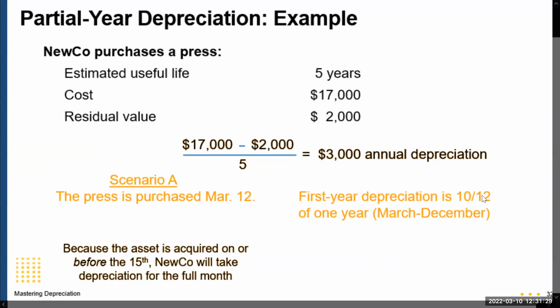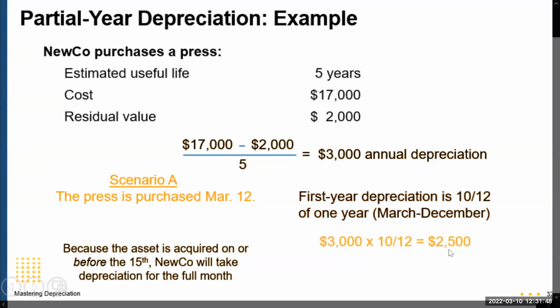I tend to count on my fingers when I'm counting months because I don't want to mess it up like I just did, because 9/12 would not have been right. And it probably would have been one of the answers. This is 10 months because I'm counting March to December. So I'm going to multiply this 3,000 by 10/12,